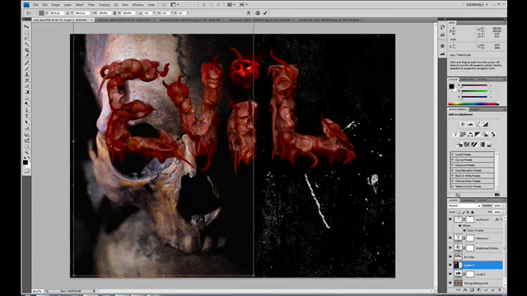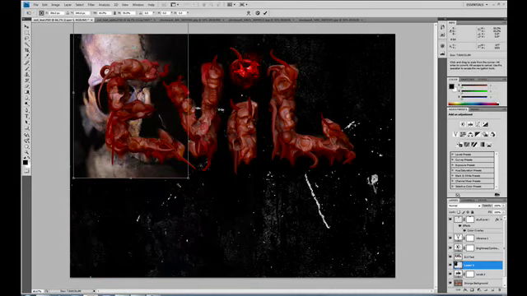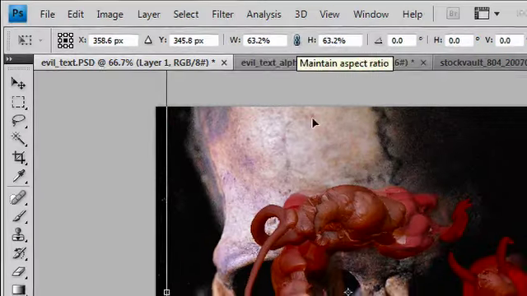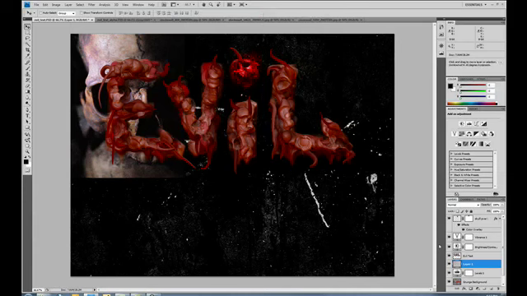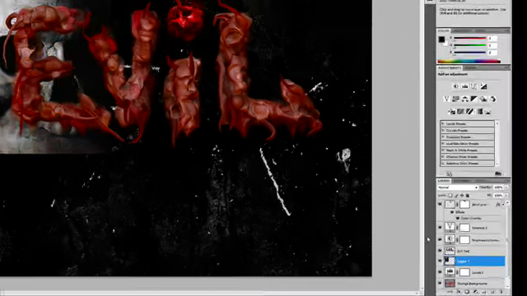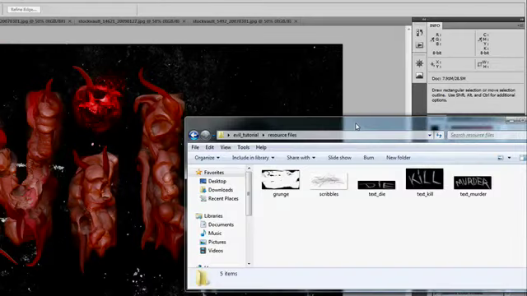Just hold down the Shift key, also helps to constrain proportions, or you can click on the little chain to maintain the aspect ratio. And then we'll click on the check mark, then we'll press Control Shift U so that we can desaturate it, and we'll name this layer main skull. Now in the resource files, grab the